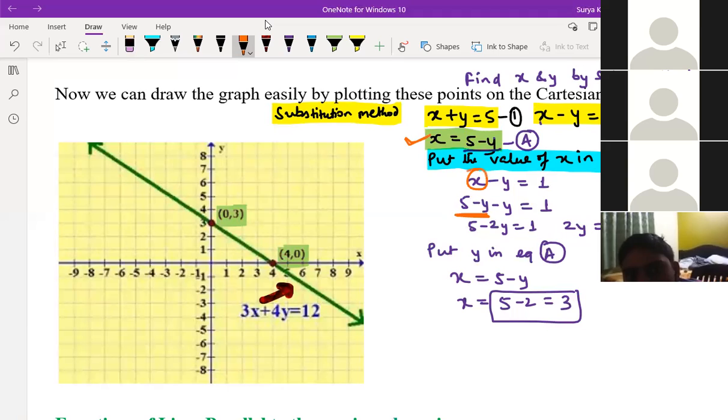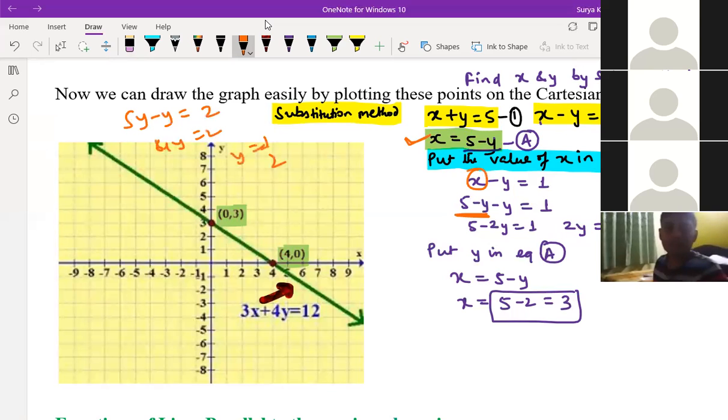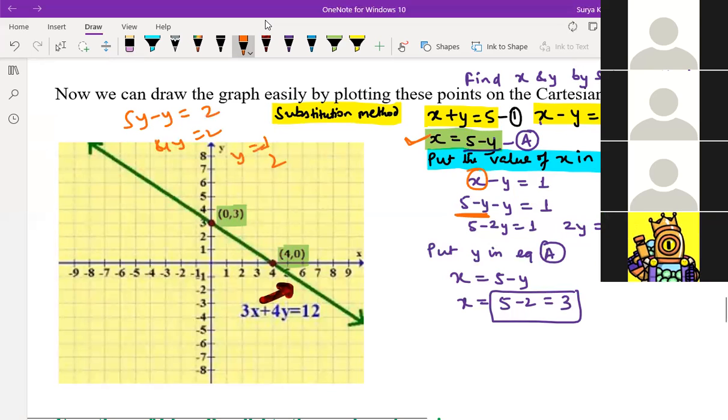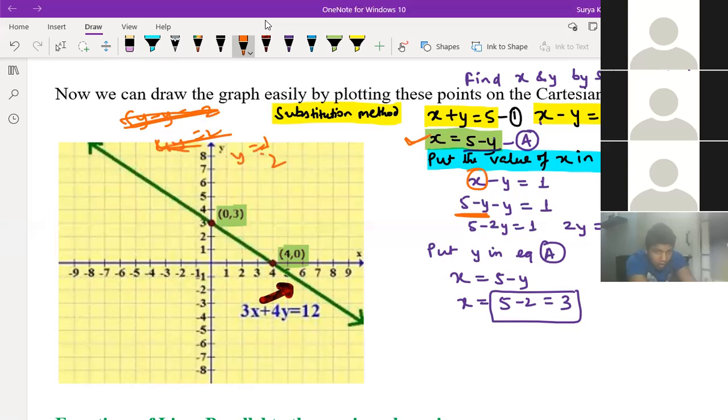And why did we do this, Sai Charan? Because if there is only one variable, suppose here 5y minus y is equal to 2, you can solve easily. 4y is equal to 2, y is equal to 1 by 2, correct? But if the same equation is in x and y form, 5x minus y is equal to 2, what will you do? You can't solve. There are infinitely many solutions now. You can't solve this, right? Yes, sir. That's why we are making only one variable over there. Understood or not?